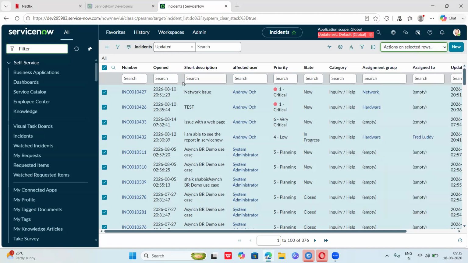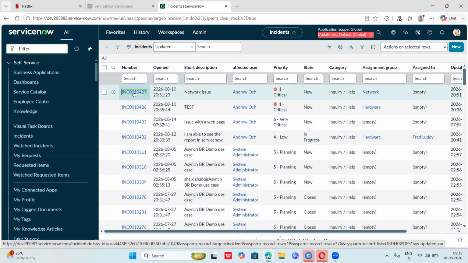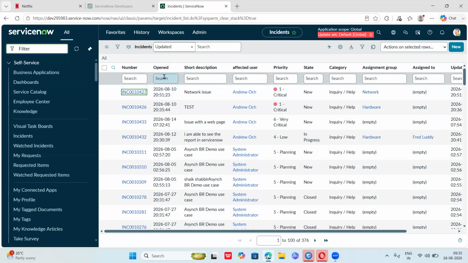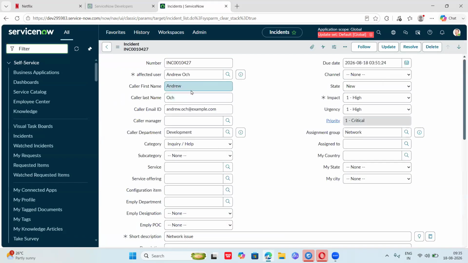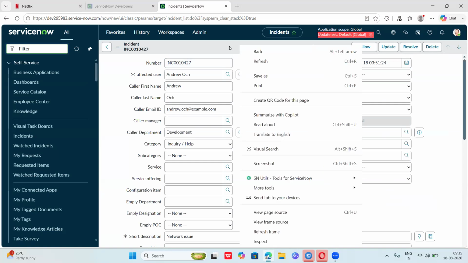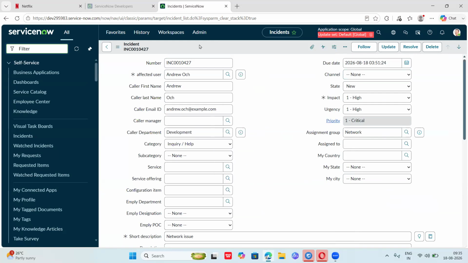But if I open the same incident form, you are able to see the buttons on the list view, and also when I open the form, there are a lot of out of the box buttons available. See, Follow, Update, Resolve, Delete. But if I click on the context menu, if I right click on the form,